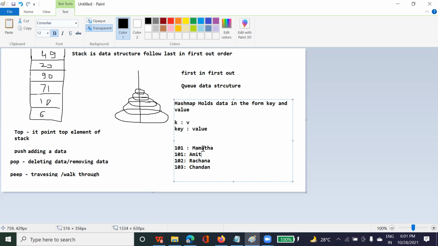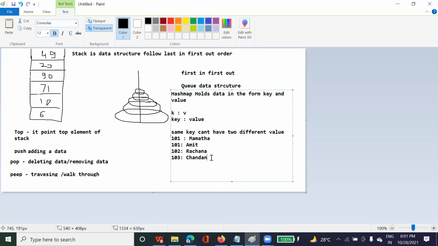Each key identifies the data. See, the same key cannot have two different values. Always remember, the same key can't have two different values.